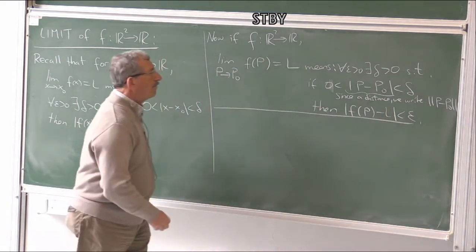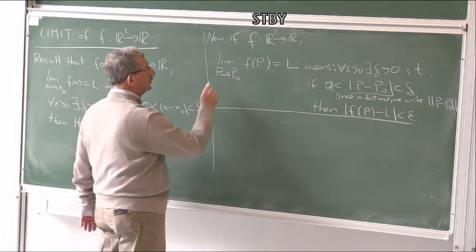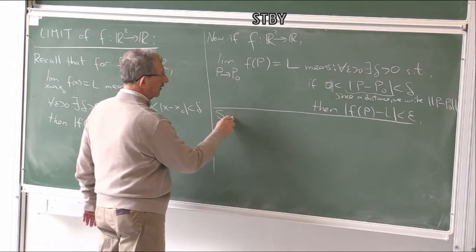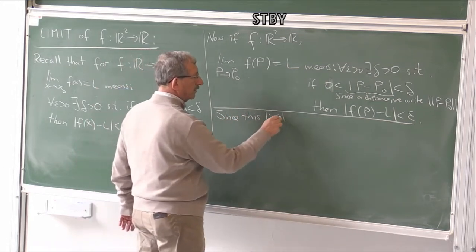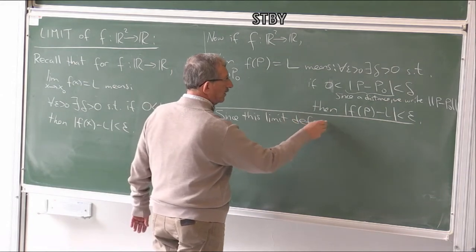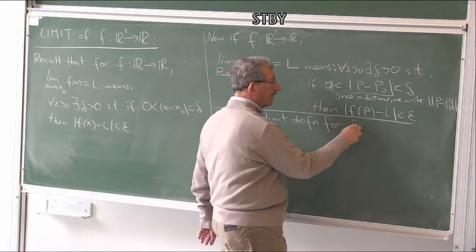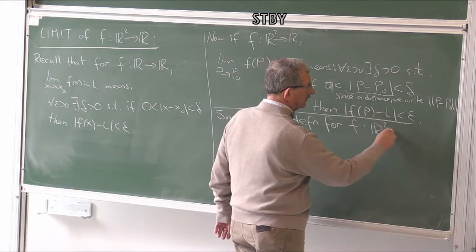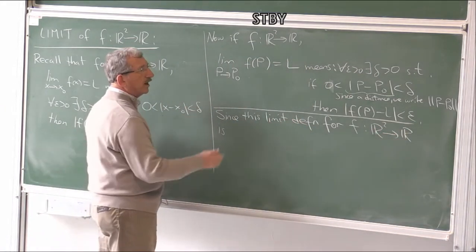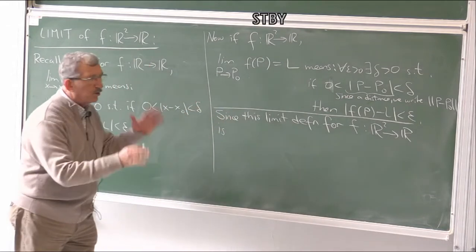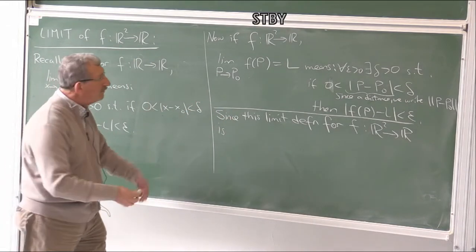Now, because this limit definition for a function of two variables is, word by word, the same as in the case of one variable,